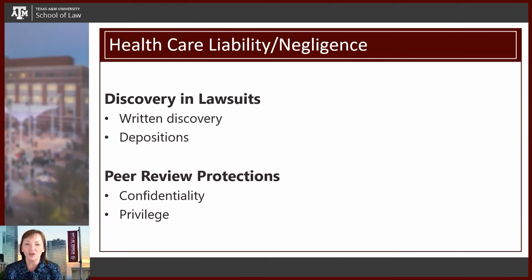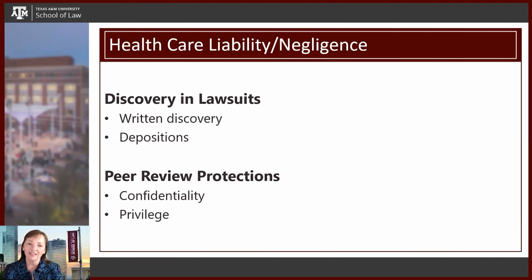And again, the rationale is so that the healthcare bodies or entities will review care and be open, that individual providers will come forward and say, yes, I think this was a problem in this case. Yes, the pharmacy made an error in this case, or this nurse made an error, or this physician made an error in this case. And here's what we need to do to prevent this from ever happening again. So it's an overall, let's make care better, and we will be able to protect some of our information in our review as protected peer review to encourage people to come forward and be transparent and open, and encourage that type of thorough review to make care better.